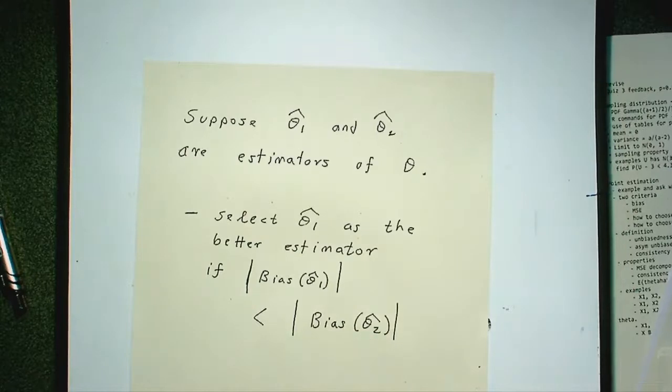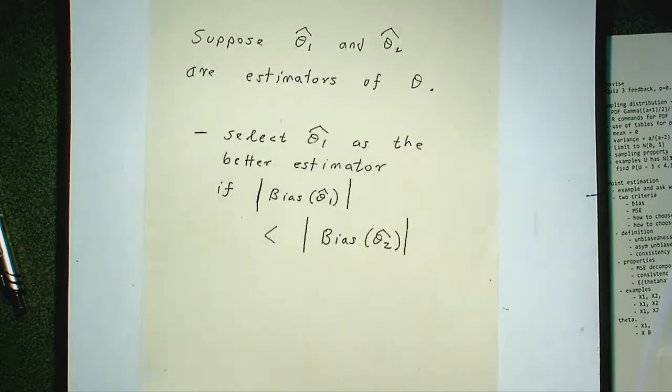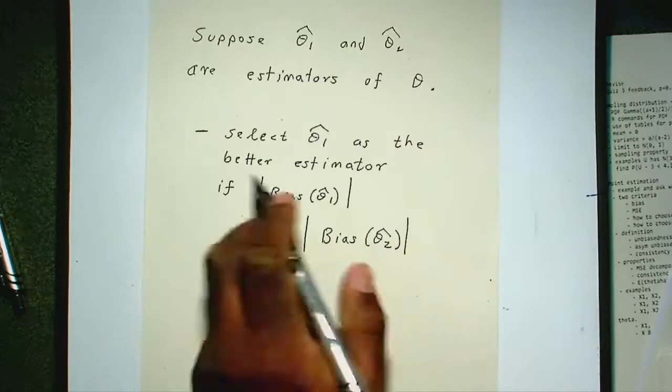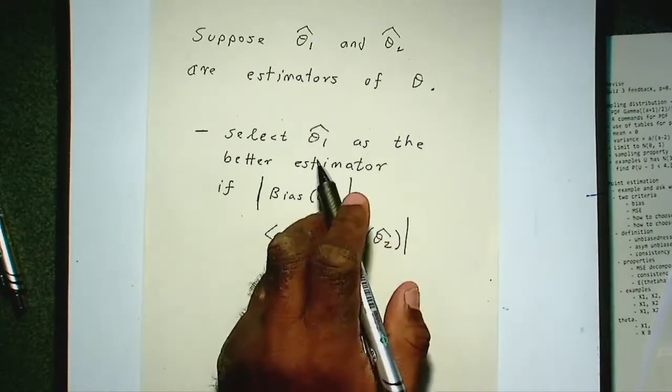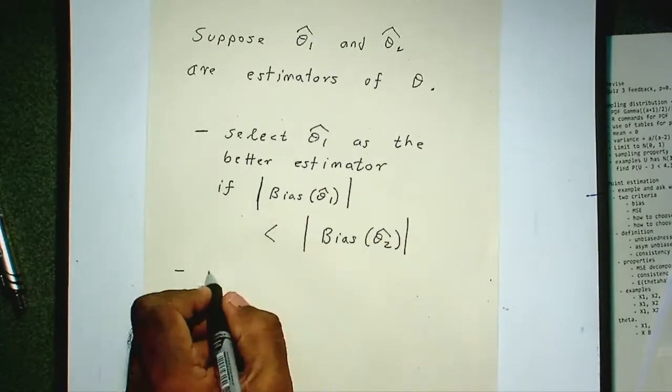if the absolute value of the bias of theta 1 hat is less than the absolute value of the bias of theta 2 hat, all right? And the other way, if it is the other way around, you will select theta 2, right? And you will select